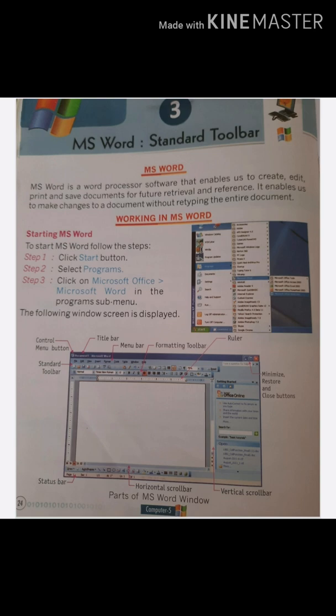Read it. If you wish to insert a blank line between two lines, then position the cursor at the end of the line after which you want to insert a blank line. Press Enter. You will observe that the next line shifts down and a blank line is inserted.